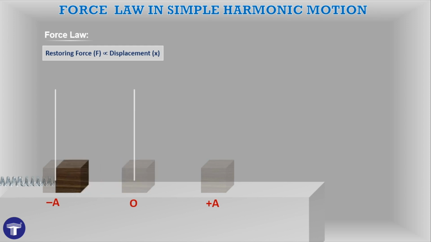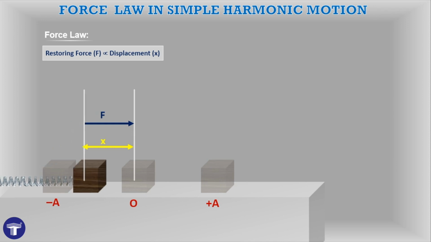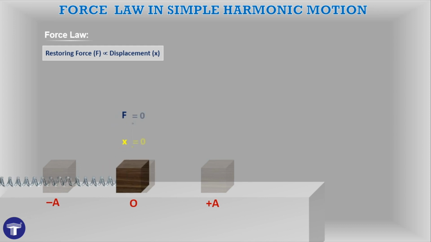The same logic applies if the block was at the other end of the mean position. In such a case again, at the other end, the force pulling it back towards the mean position would be maximum because the displacement is maximum. And then, as the block moves towards the mean position, the force would go on reducing till it becomes 0 at the mean position. So I can say that F and x are directly proportional,